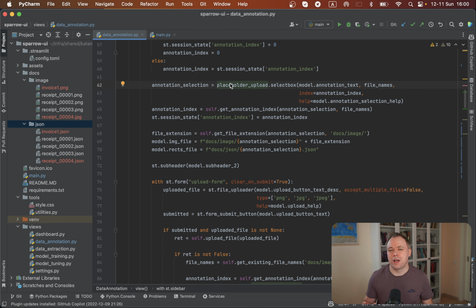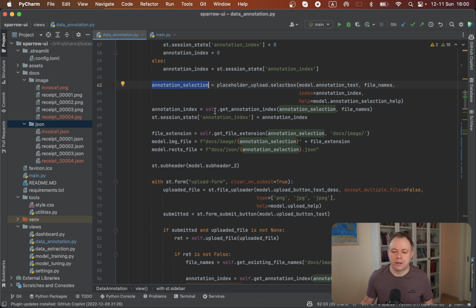But there's a catch, because this actually renders Selectbox, but the user could go and change the value in Selectbox, and then the way it executes, it will return a new annotation selection. This means that we need to update the annotation index that we keep inside the session storage to the new value. So we always get as a response from the Selectbox annotation selection information about the currently selected key,